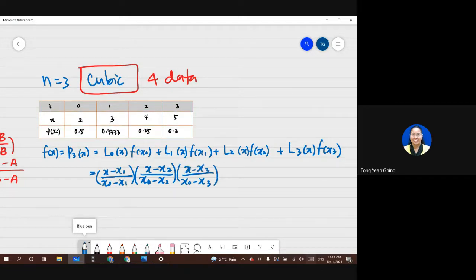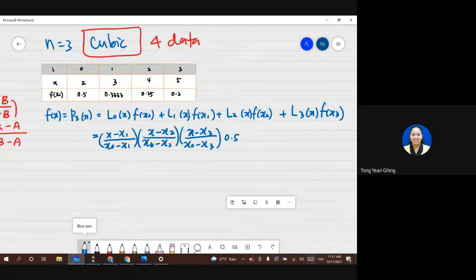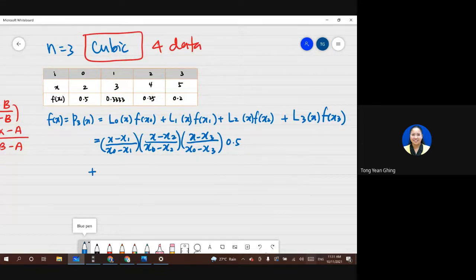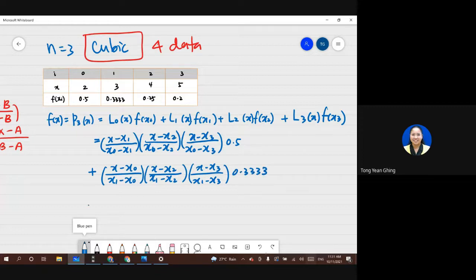x minus x3 times the value of f(x0), 0.5, and then plus for the L1, x1 minus x0, x minus x0, x1 minus x2, x minus x2, x1 minus x3, x minus x3 times the value of y1, 0.3333, plus with